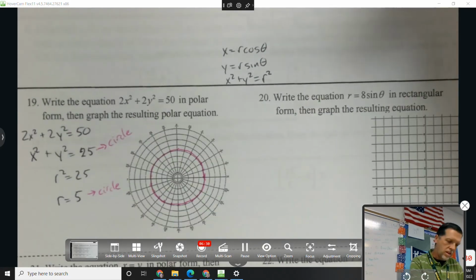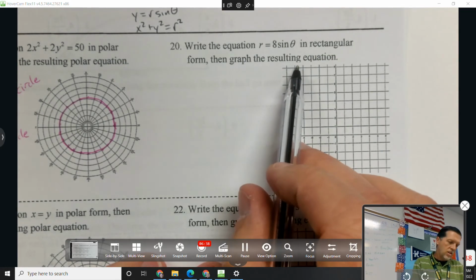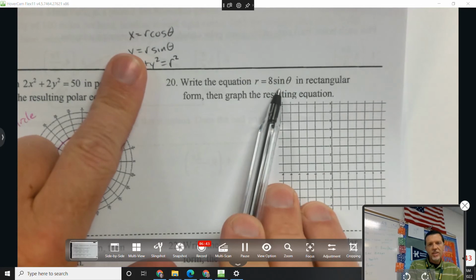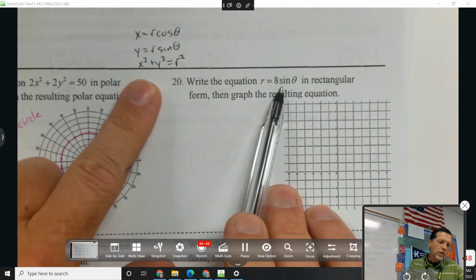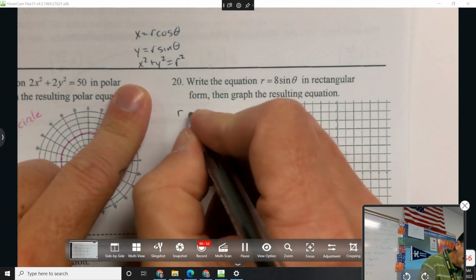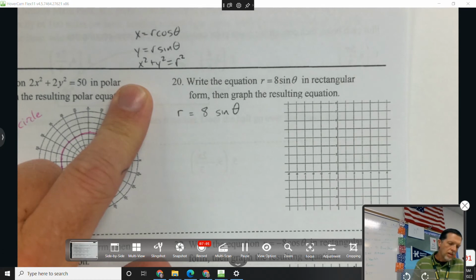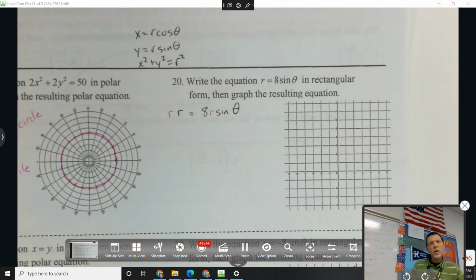Number 20. Write the equation r equals 8 sine theta in rectangular form and graph the resulting equation. Okay, so I'm trying to match up polar stuff to rectangular stuff, and it's not quite a match. There's a trick we could do to make it be a match. You see what the trick would be? I think we did it yesterday. It'd be nice if this was r sine theta. So if I multiply both sides by r,